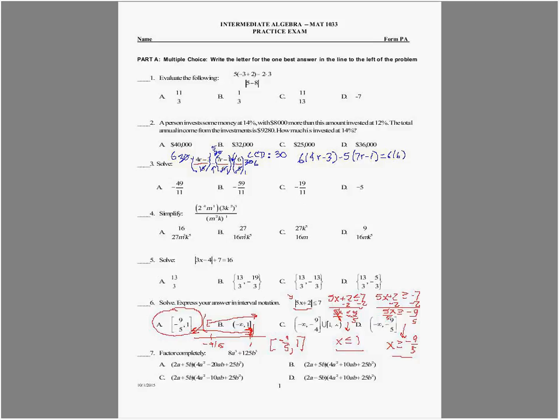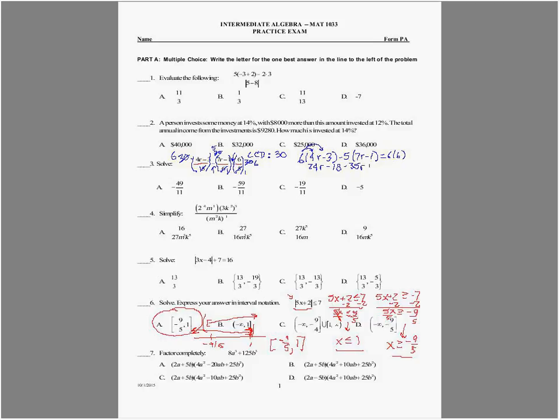Okay, so we've gotten rid of all of the fractions. My major goal. I hate fractions, so I like to get rid of them. Now, we are in an instance where we have to distribute. So we'll distribute this 6 through the parentheses here and here. 6 times 4r is going to be 24r. 6 times 3 will be negative 18. And distribute the negative 5 through the next parentheses. Negative 5 times 7r will be negative 35r.